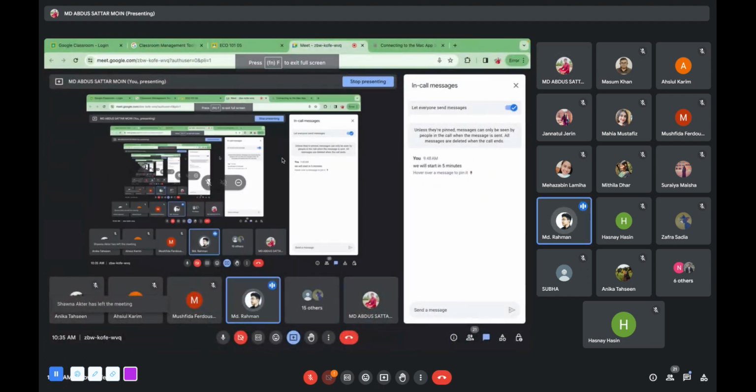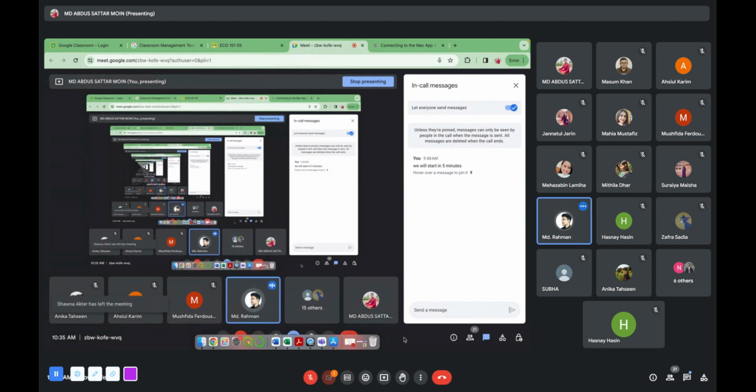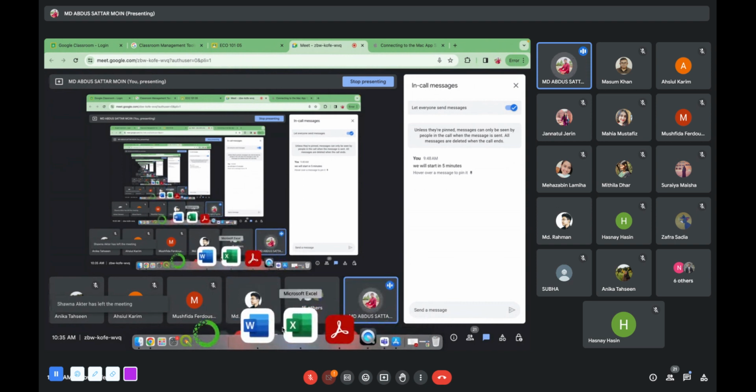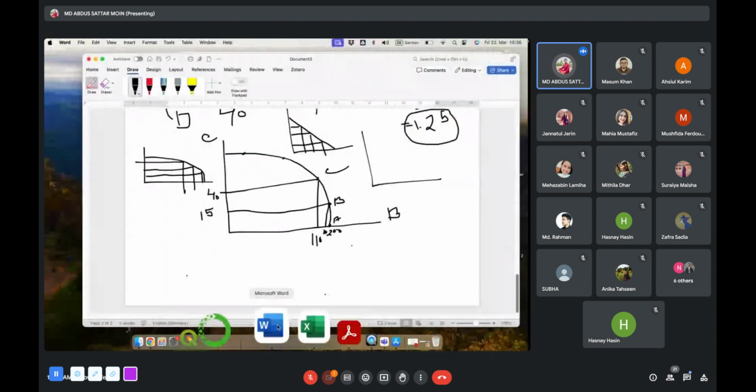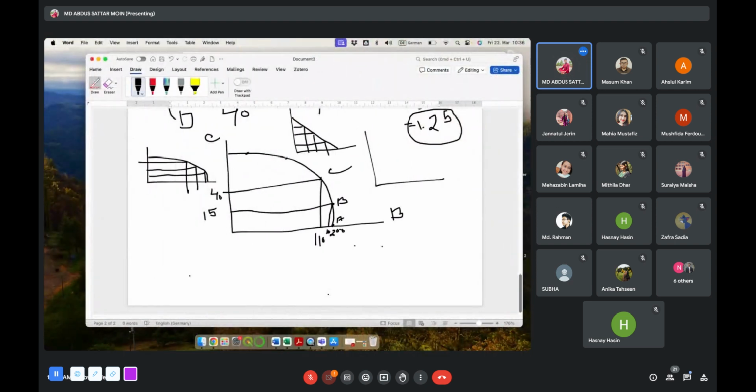স্যার, পেন্সিল আর কলম দিয়ে যদি আঁকি, তাহলে কি কোনো সমস্যা হবে? কোনো সমস্যা নেই, as long as your graph is clear and precise, I am okay with it. এখন পেন্সিল দিয়ে করো, কলম দিয়ে করো, কোনো সমস্যা নেই।